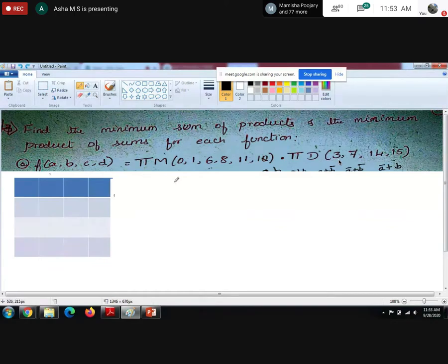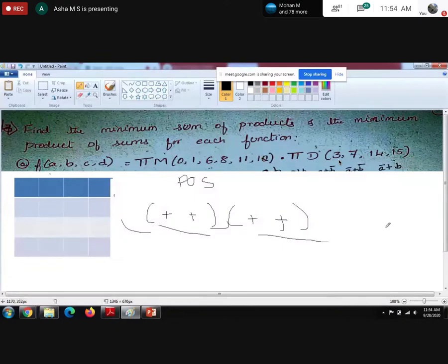So now we are going to find POS. POS means it's a product of sums. By default, from the English itself you can understand that POS is nothing but a product of sums. So we are going to find the product of the sums. So how to find this? Here we will be representing maxterms. When we are going to find the SOP, we used to group it for ones, correct, right?